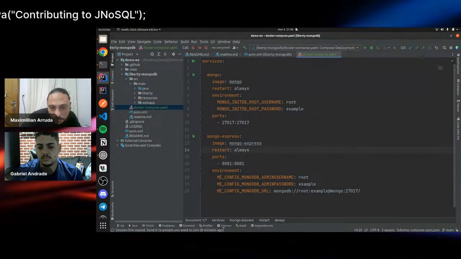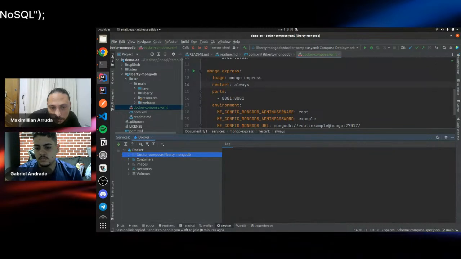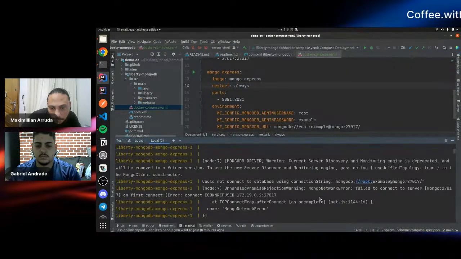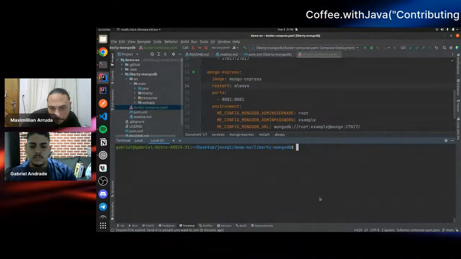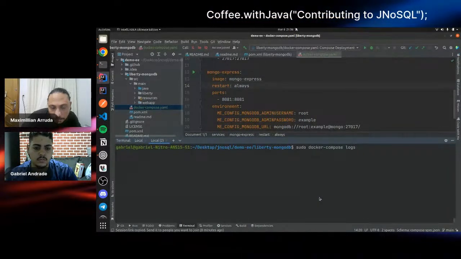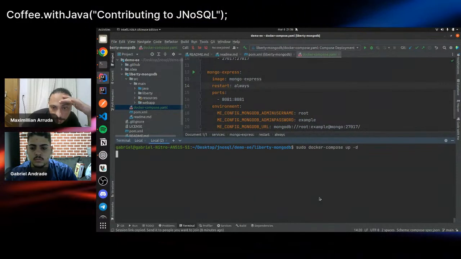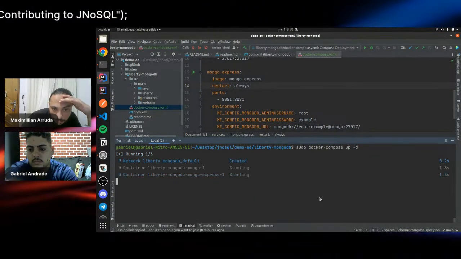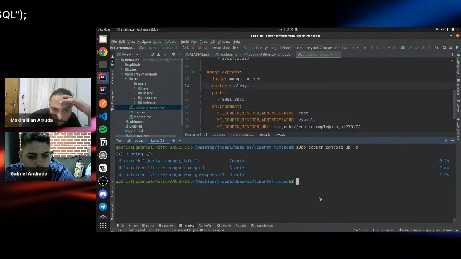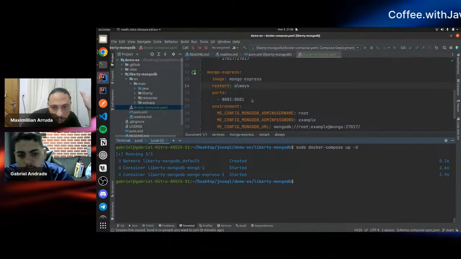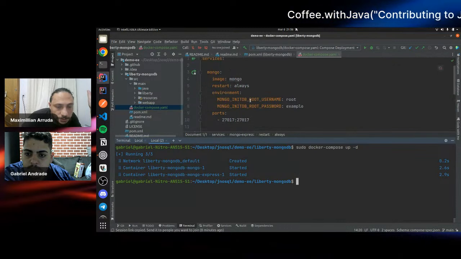So go to the terminal and type up again. Yes. Okay, looks like everything works. Try to see the log.